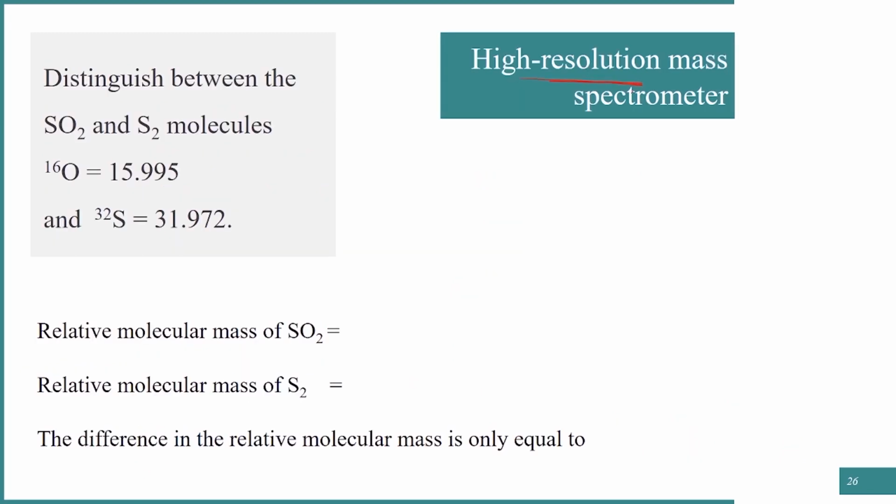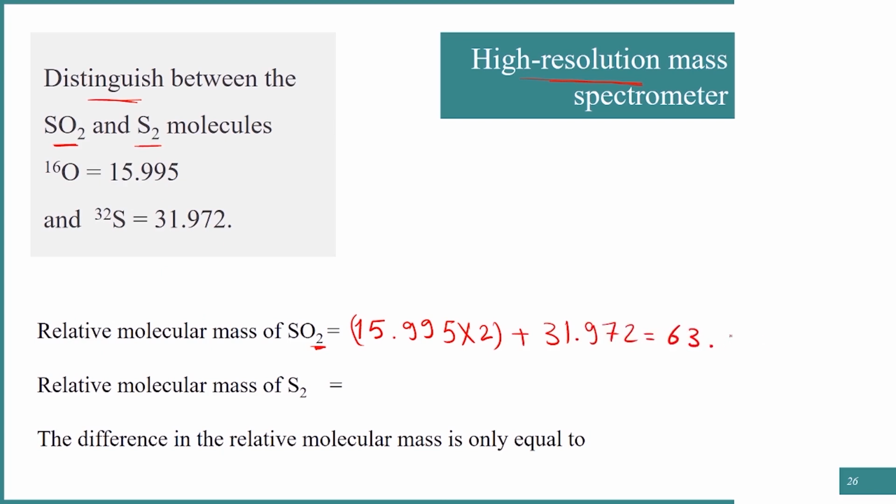A high-resolution mass spectrometer is often used to give very accurate relative isotopic masses. For example, the high-resolution mass spectrometer can distinguish between sulfur dioxide and sulfur molecules, where the difference in the relative molecular masses is very small. Notice the relative molecular mass of sulfur dioxide is equal to 15.995 multiplied by 2 because we have 2 oxygen atoms, plus 31.972 for sulfur,